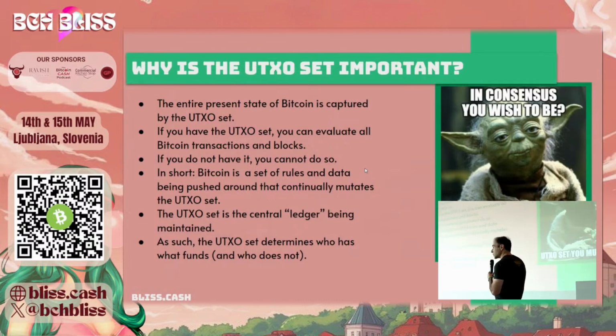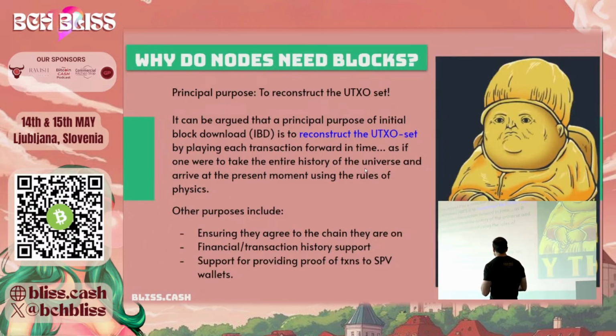So it's the central ledger, basically, of Bitcoin. That's the ledger, the UTXO set, right? Yeah, I mean, it determines who has funds and who doesn't. So that's the UTXO set. We're in agreement. But that begs the question: if the UTXO set's so important, why